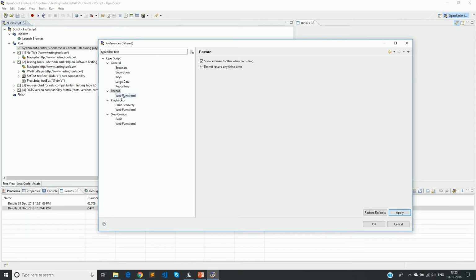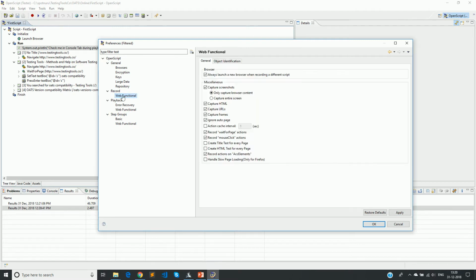And then we'll see web functional. Some of the settings in web functional: the reason we are seeing web functional is that this particular project is created for automation of web-based applications, so that is why we are seeing options related to web.